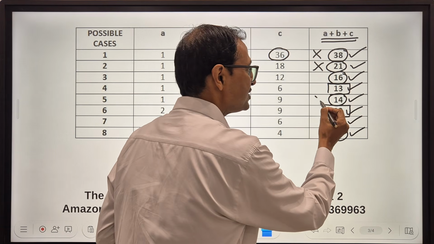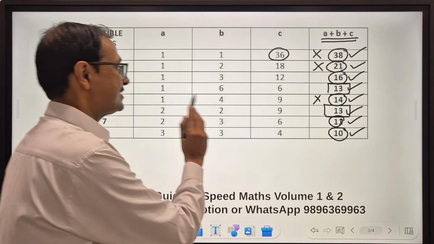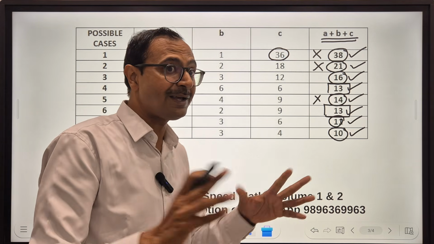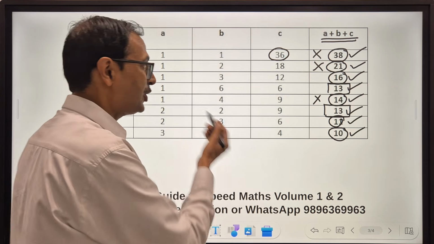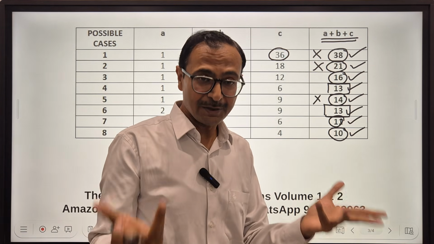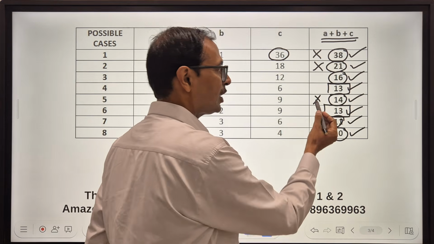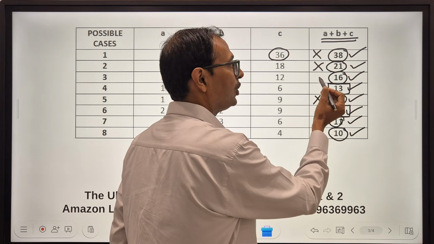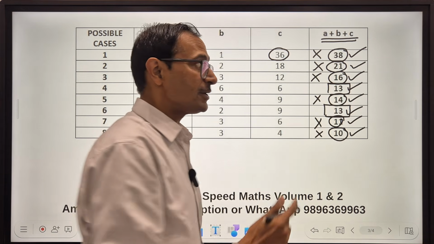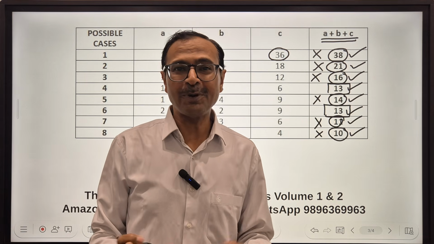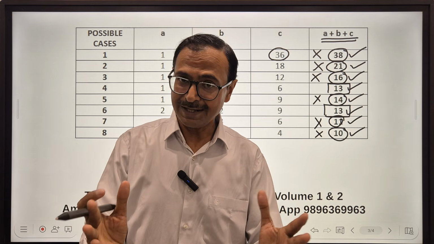And so the chairs were not 14. Otherwise, the answer would have been 1, 4, 9. He said the data is not sufficient. So he did not give the answer. He said, you need to give me more data. So it is not 14, not 11, not 10, not 16. It was 13. The number of chairs in the park were 13.